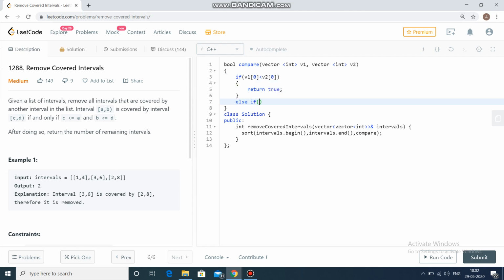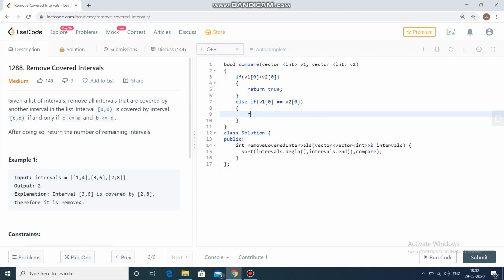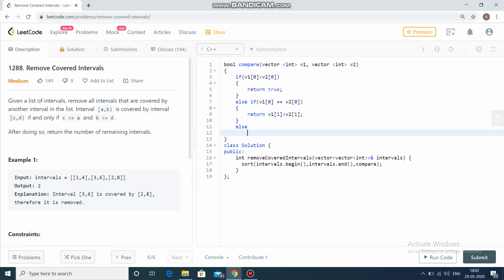Else if the starting points of both are the same, v1 0 equals v2 0, then we return true only if v1's ending point is greater than v2's ending point, else return false.